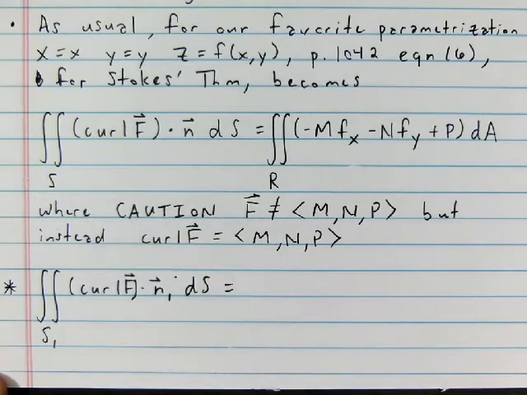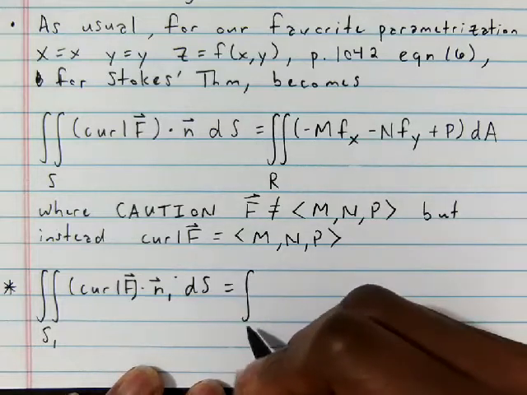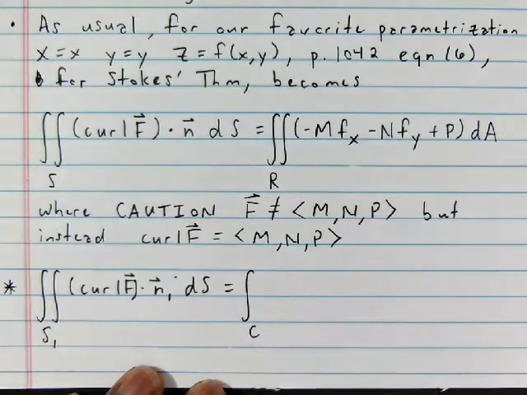According to Stokes theorem, if we have this surface integral, it's the same as the line integral over the boundary curve C, which is a boundary curve for S1,